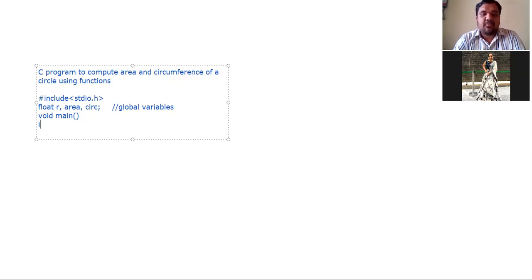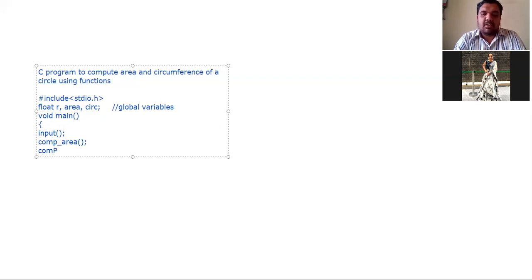What is the first one? It is input. Open the braces. Let us call four functions. The first one is input, for reading the input. Next one is comp underscore area, which computes the area of the circle.